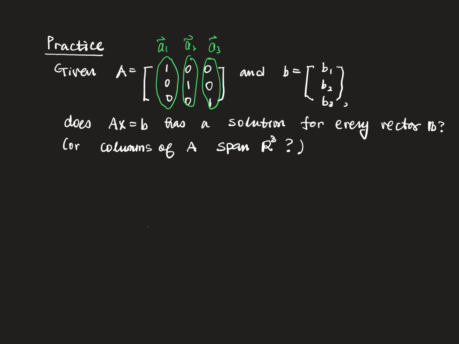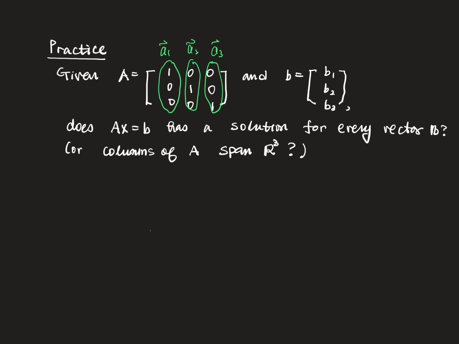Another thing is how we know whether this has a solution or not. We're going to use a theorem. One of the theorem statements says each row has a pivot. Look at this one. Each row has a pivot. First row has a pivot right there, second row has a pivot right here, third row has a pivot right there. In that case, you don't have to do anything. AX equals B has a solution